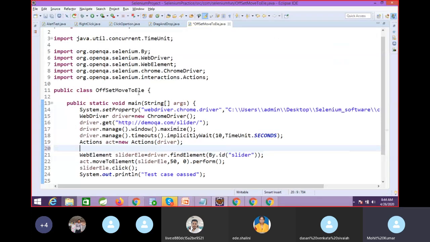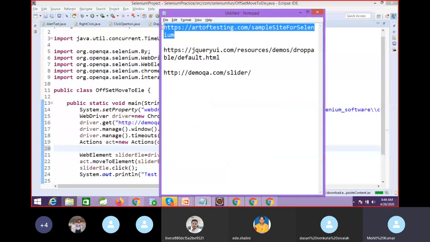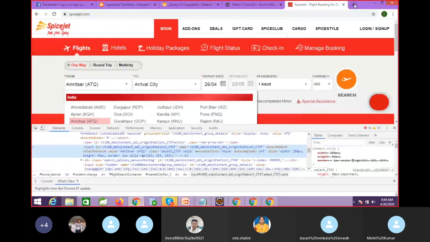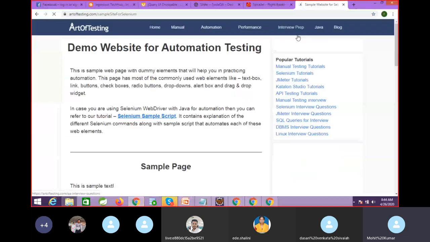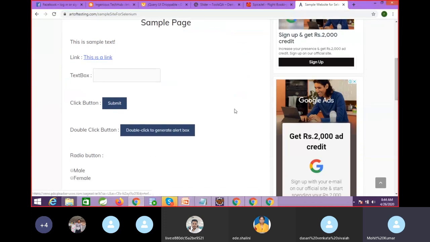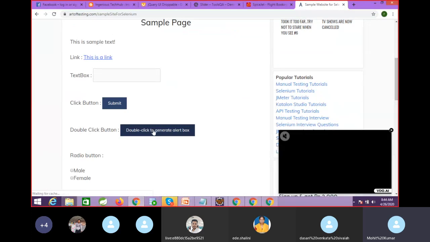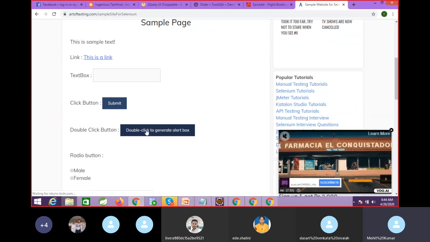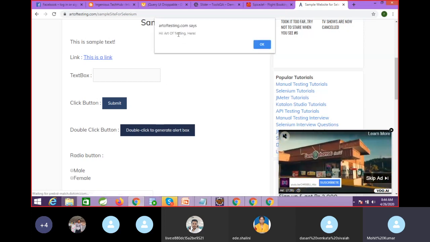Yes, this is the one URL. So here you can go here. What is the difference between the pop-ups? Here, alert pop-up. Here you can see we can perform two operations. One is how to handle the pop-up and one is how to double click. If I click one time, nothing is there, right? It's not performing any operation. I click one time, you have to double click. Here the pop-up will come, right?